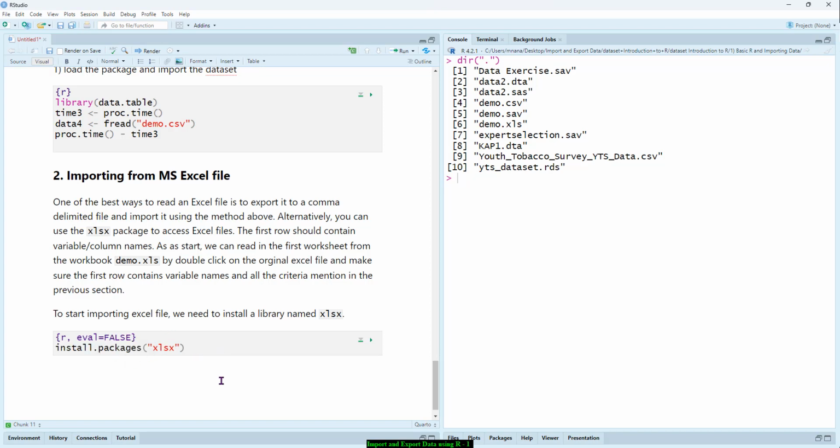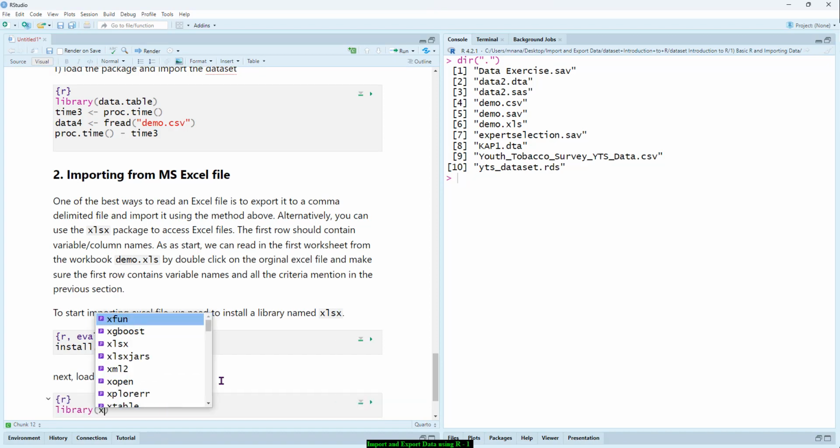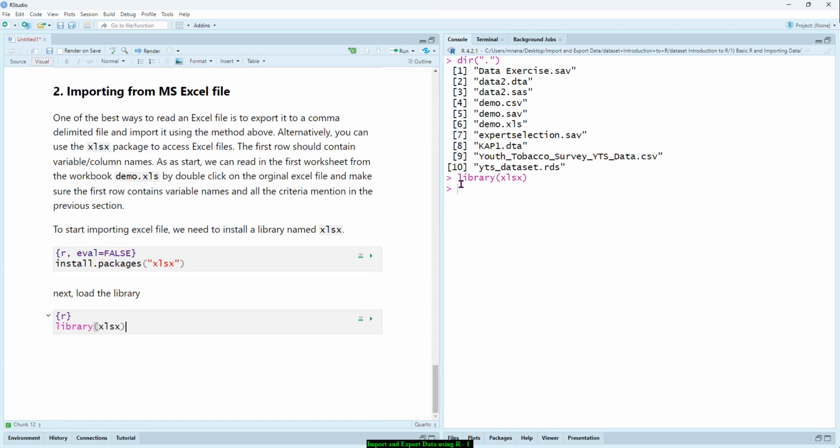So second step, next, load the library. So load the library, which is library xlsx, right? So you need to load the library first. So once the library is already loaded, right,